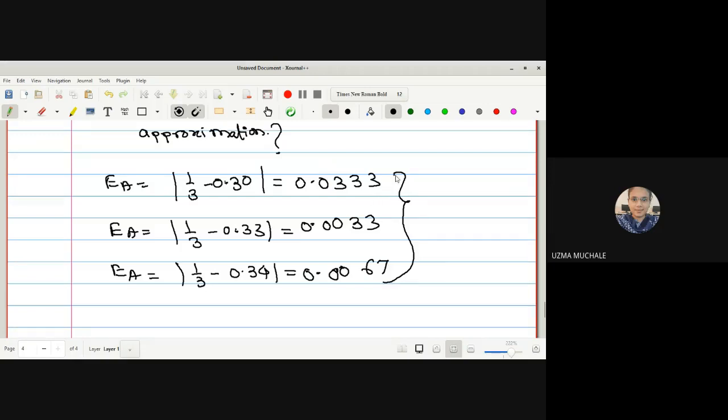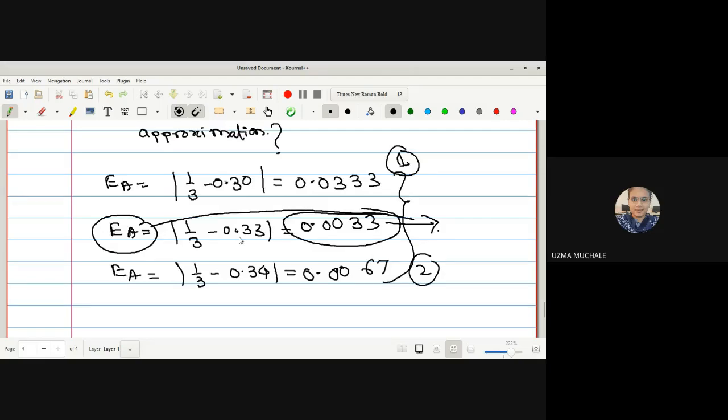But how do we find which number is greater among all these three? It's the first one. The first one is the largest one. And this second one, no doubt it's smaller than 0.333, but it is greater than this 0.003. So the difference between these two, the absolute error we are calculating, is minimum for this 0.33. So we are getting absolute error minimum for the value 0.33, and hence we can say that the best approximation for 1 by 3 is